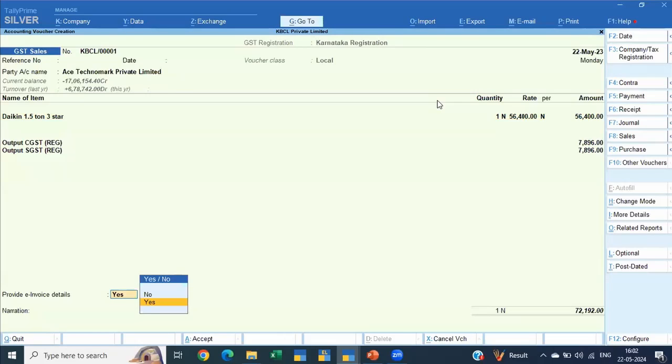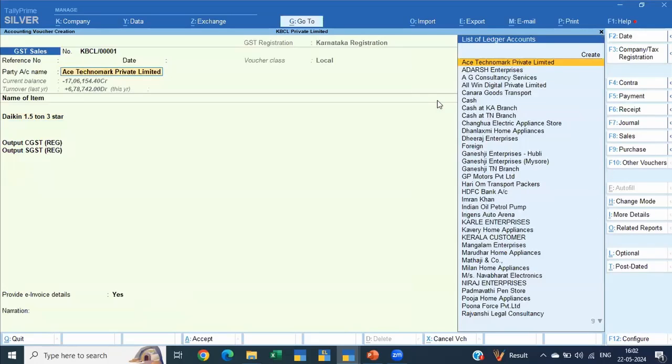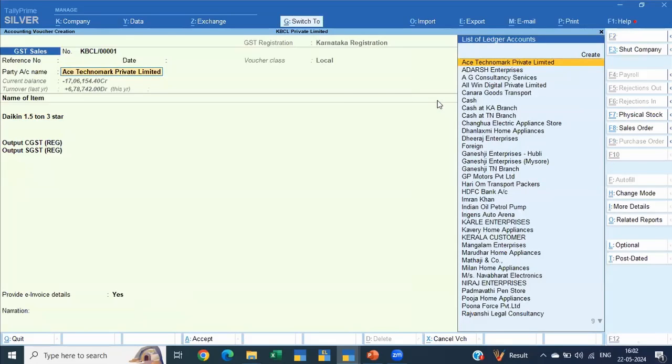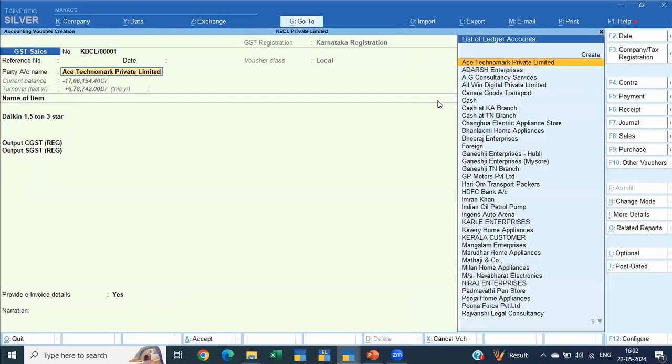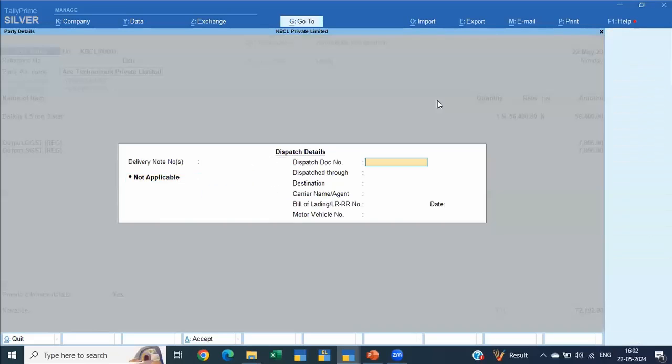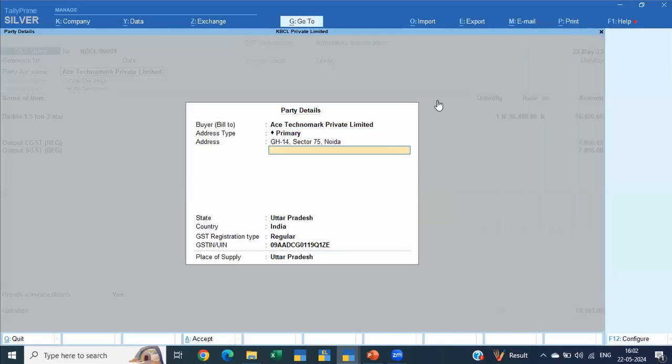Okay, so you don't have the choice to select anything. I mean, the ledgers have been predefined in this case. Automatically, you don't have the possibility of an error of, say, an IGST invoice being chosen as SGST and vice versa. Similarly, now let me just choose a party where the place of supply is different.